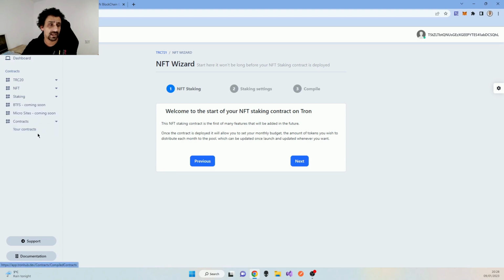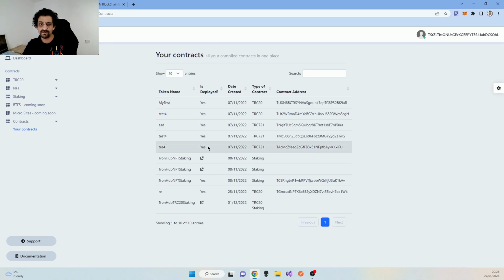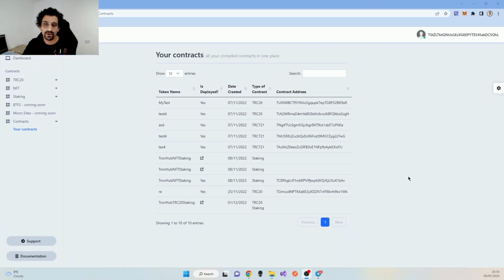So let me just show you some of the contracts that have been compiled, because it's a two-part process. You set your parameters, it compiles the contract, and then over here you've got a list of contracts that you can then deploy to the blockchain. So let's just look at this. This is a pre-compiled contracts page. Once it's deployed, you'll be provided with a contract address, and then you can interact with it on the Tron